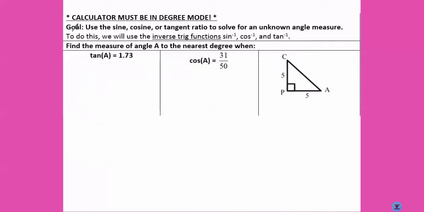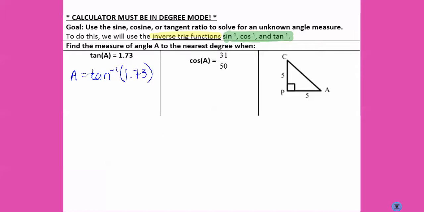We can use these ratios along with our calculator to find angles in a triangle if we don't know them. We do this using the inverse trig functions, which are sine inverse, cosine inverse, and tangent inverse. They have that little -1 exponent. That means inverse. So the way to undo tangent is tangent inverse. So A would equal the tangent inverse of